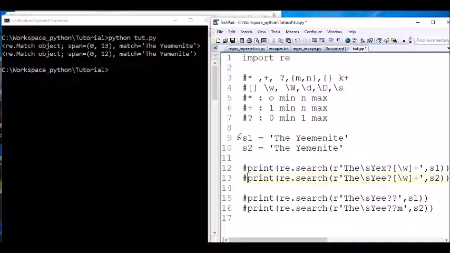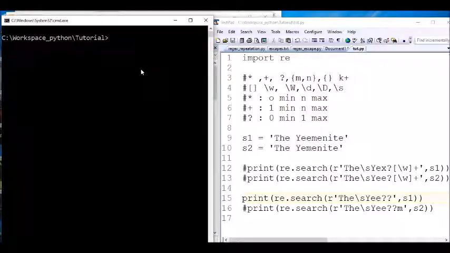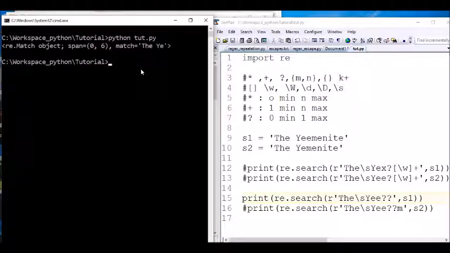So now for non-greedy, what will it do for CLS? So we said for the first one, okay, Y, E, the second E, we said it's if it's there or not there, it doesn't matter.